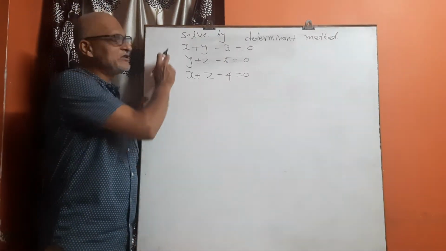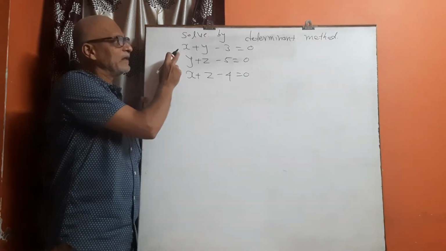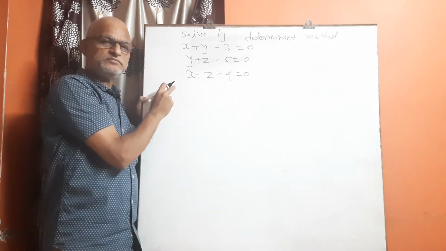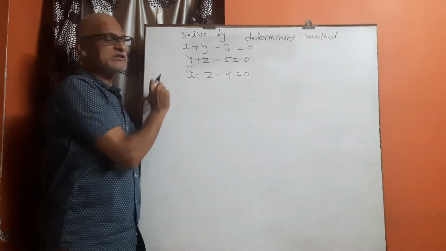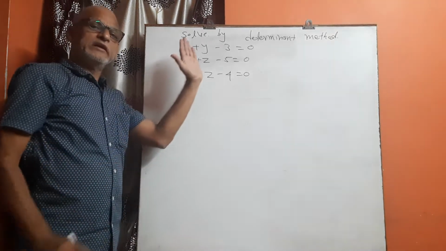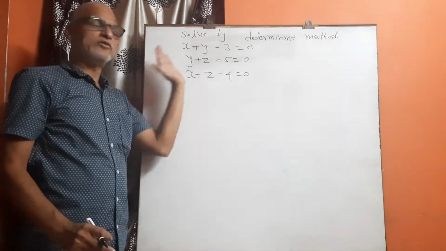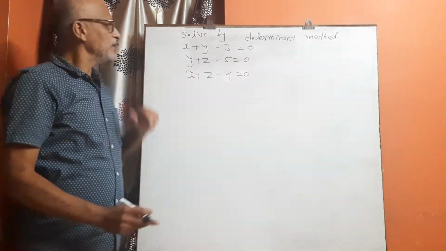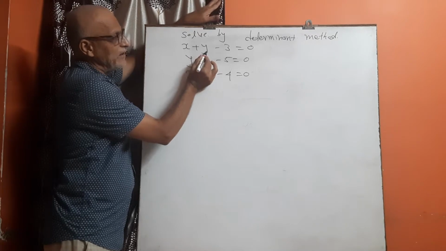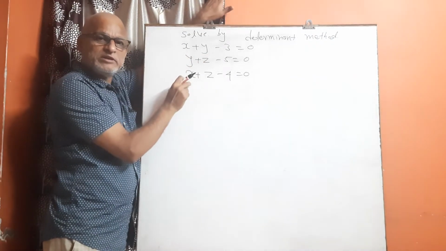Now, if you observe these three equations, you know that the equations are not in the standard form. So first we have to write out the equations in the standard form. The standard form is x, y, z terms on the left side and the constants on the right hand side. Now, see here, the first equation is x plus y and z is missing there. Actually, in all there are three variables.